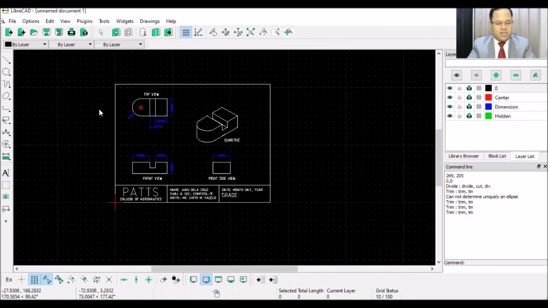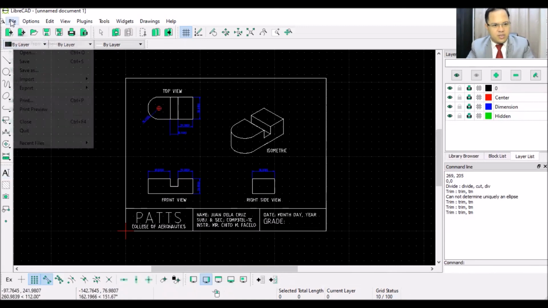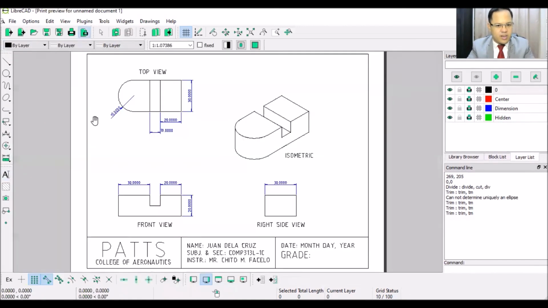Now to be able to see the preview of our drawing, all you need to do is click on File, click on Print Preview. So here is now our masterpiece. It's very easy to use LibreCAD, right? Now, it doesn't end there. Now, we need to save it